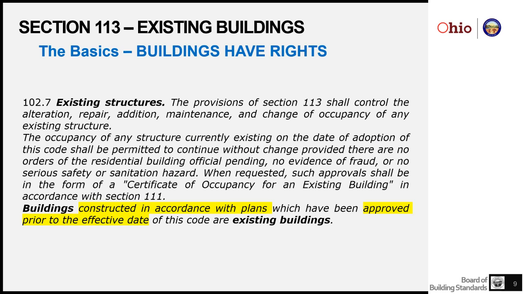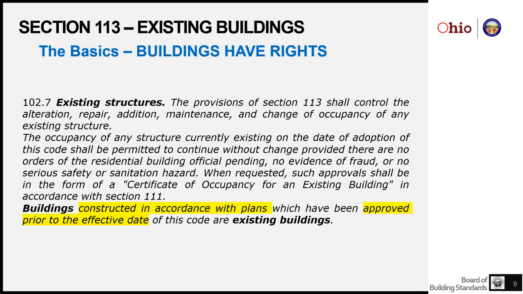submitted for approval under the 2013 residential code, which was the previous edition of the residential code. Then the code changed. This says that the owner can continue with the construction of that dwelling as approved under the 2013 residential code and not have to change anything to turn it into an approved building under the 2019. It is okay to bring that forward. It is going to be considered an existing building.